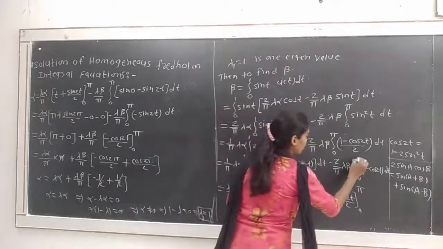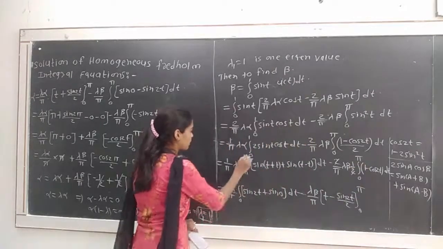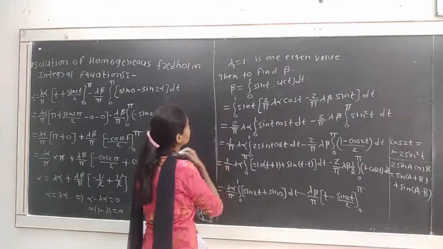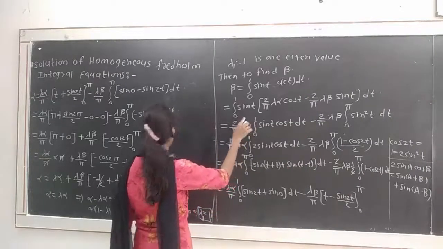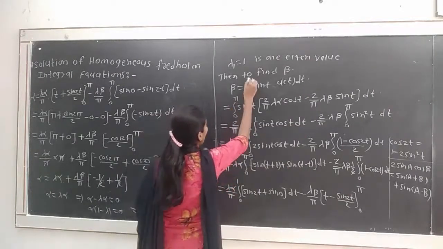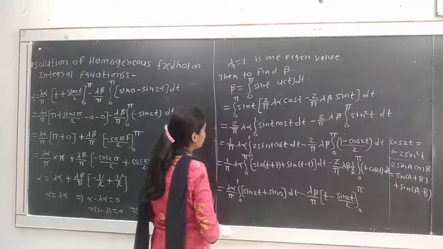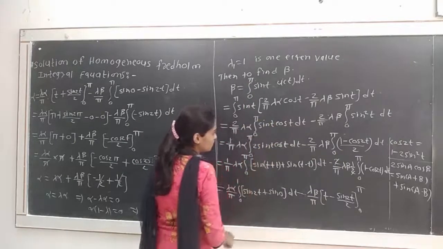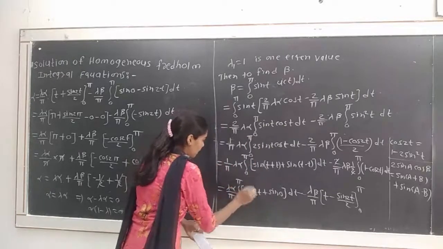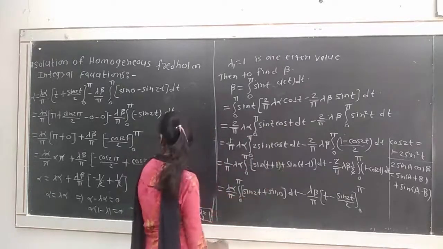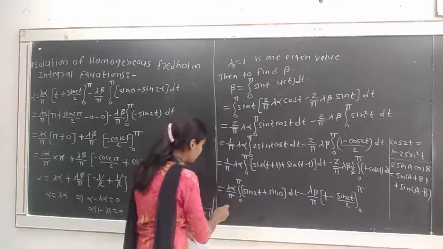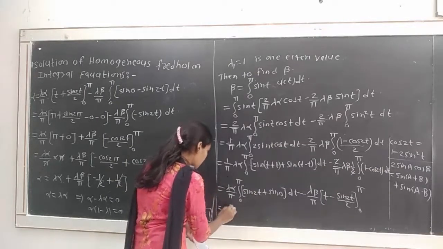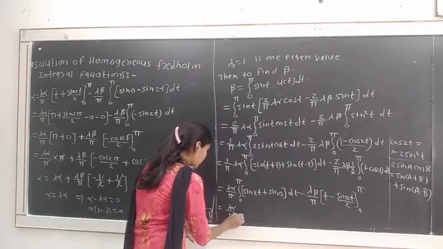Here the limits will be from 0 to pi, here also from 0 to pi. Sorry, I can write here in all terms, in all integration from 0 to pi. So understand here 0 to pi. Okay, so all clear. Then it is equal to lambda alpha divided by pi